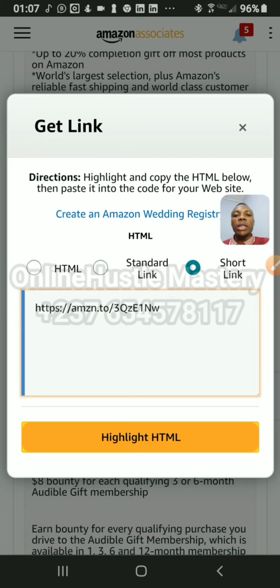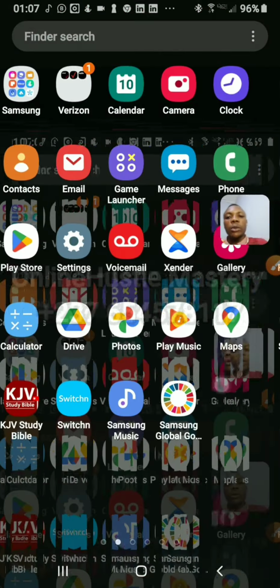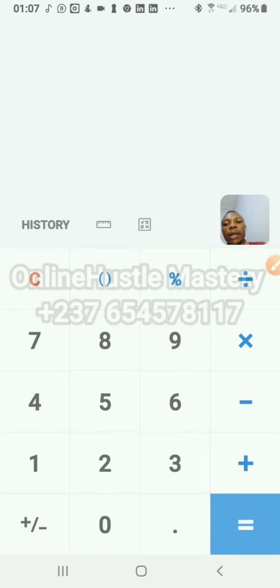Now suppose that you register for wedding and for baby registry. It means $3 times 2 for each person. It means you do the baby and you do the wedding, I'm getting $6, which means 10 persons doing this successfully will give me $60. And if I have 50 persons doing that, it is simple. Go to your calculator and multiply $6 per person.